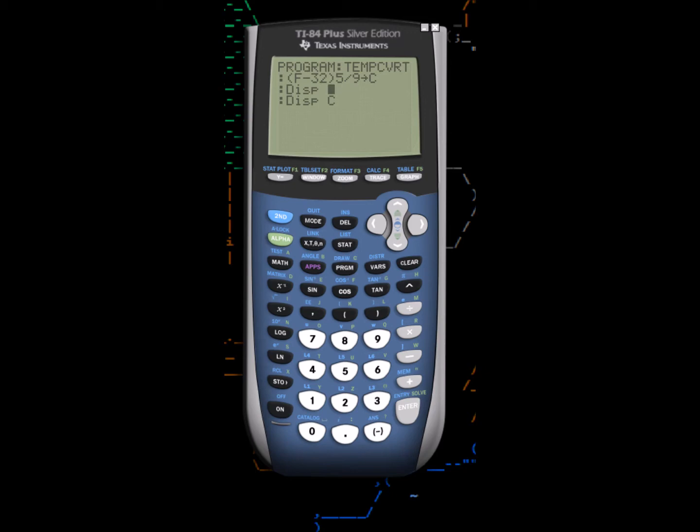So this time we want a string that says something along the lines of here's your Celsius value. So remember, when we use strings, we have to give them quotation marks. The quotation mark again can be found at alpha and then plus. So we're going to say Celsius value, and then we'll put a colon using alpha and then the decimal point, and don't forget that end parenthesis, or not parenthesis but quotation mark. Now if we run this program again,